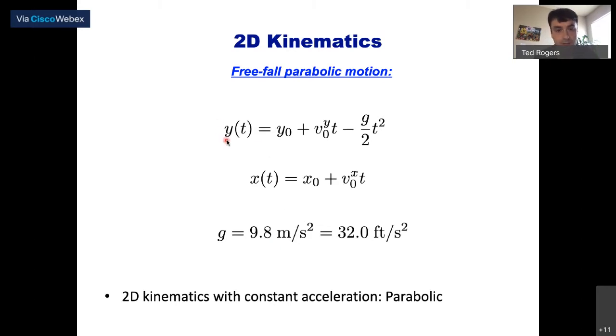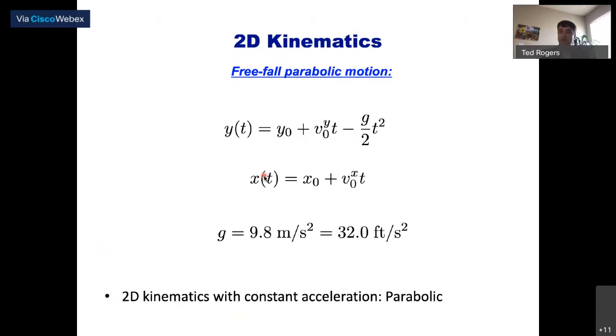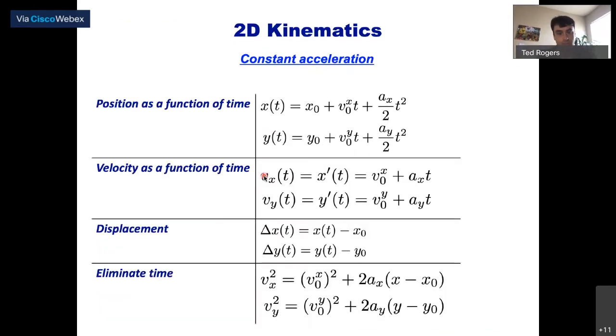And if I plot x position and y position in a two-dimensional plane, it generally comes out to be a parabola. Okay. If you have had physics before, say a high school physics class, this might be a good time to go back and look at that section of the chapter. Okay. So we've got basically the physics that we need for the next question, which is the following.